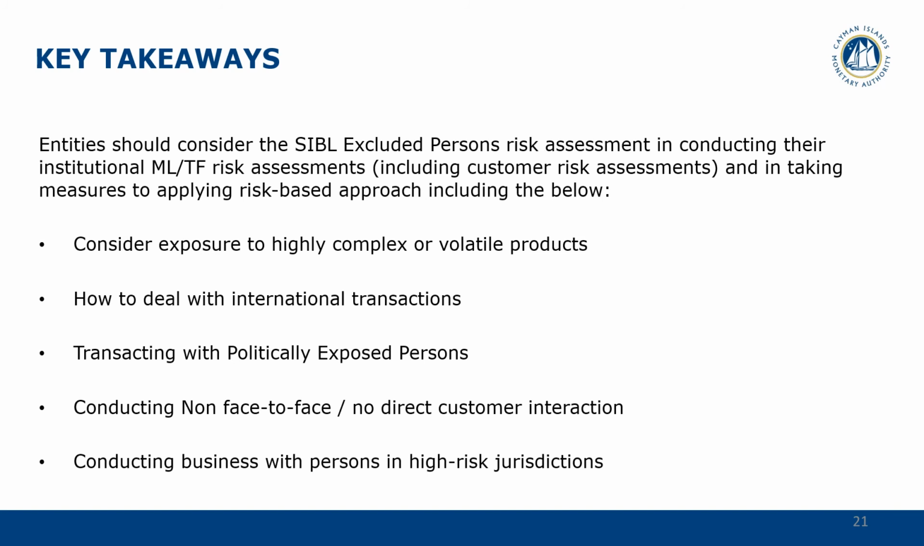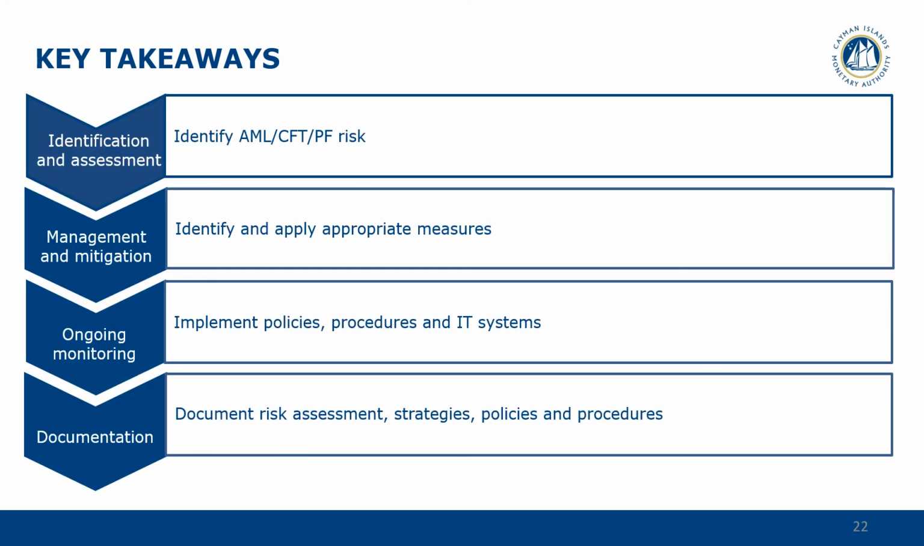And of course, underpinning all of the above, they should always have systems and controls in place to manage and mitigate the risk connected with conducting business with persons in high-risk jurisdictions. This should enable any financial service provider to apply a robust and effective risk-based approach to managing and mitigating AML and terrorist financing risk. And that has four main elements to it: the identification and assessment of risk, which hopefully this risk assessment will be very useful for, the management and mitigation of those risks by identifying and applying the